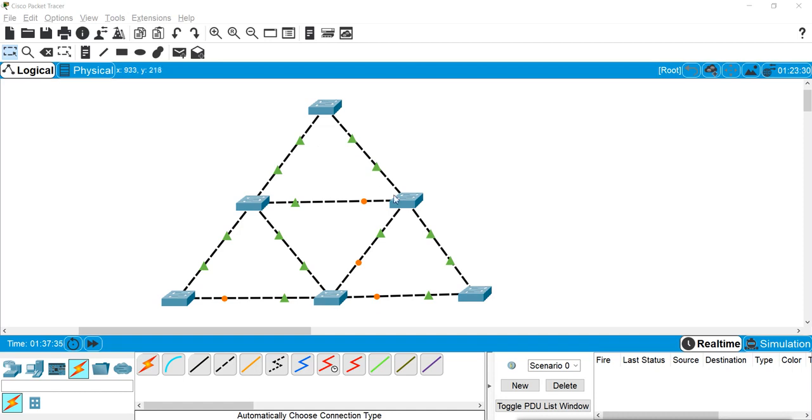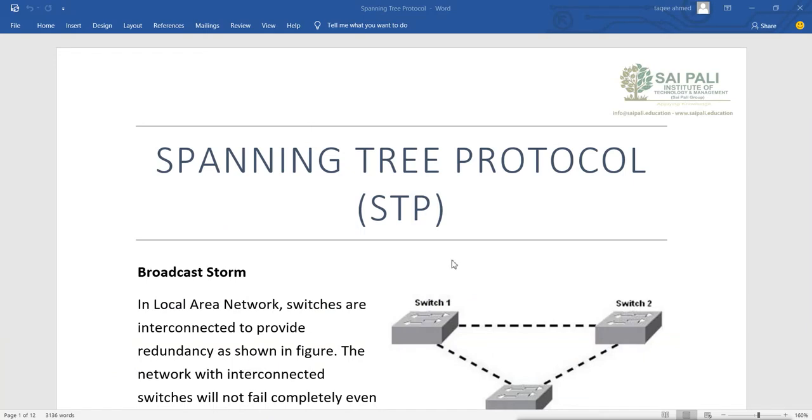Now this bridge is the root bridge, and this one is not. Previously this switch was the root bridge, and now this one has become the root bridge. So we can manipulate the election to make a switch the root bridge and take control. So this is spanning tree: why we have it, how it works, and how we can manipulate some configurations. We have seen all this, and this is the spanning tree protocol.